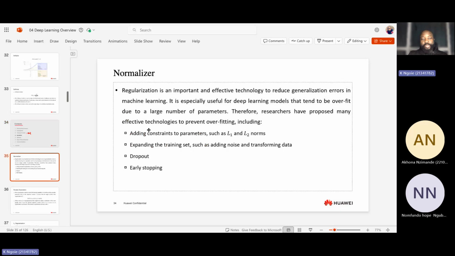Okay. We mentioned the four types of normalizer that will be used. The first one will be to add a constraint to the parameters, such as the L1 and L2 norm. So